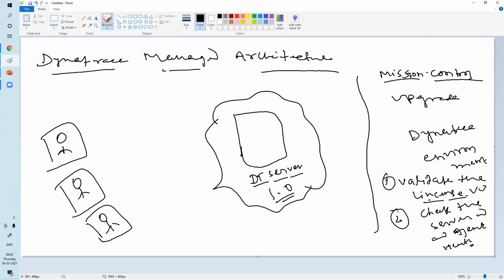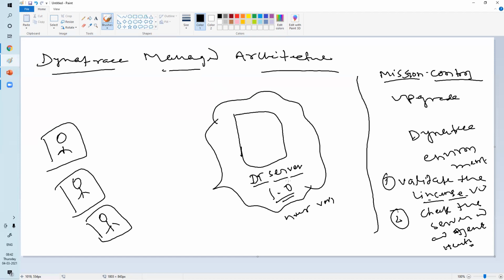So once they release a new patch with Jenkins or somewhere, you will get a pop-up here in your portal: DT server new version is available, please upgrade your DT server. It is not like earlier, when you were upgrading the complete environment. Here you just click, and automatically from the backend it will be upgraded. There is no need to stop the server or anything. It's just an automatic upgrade.